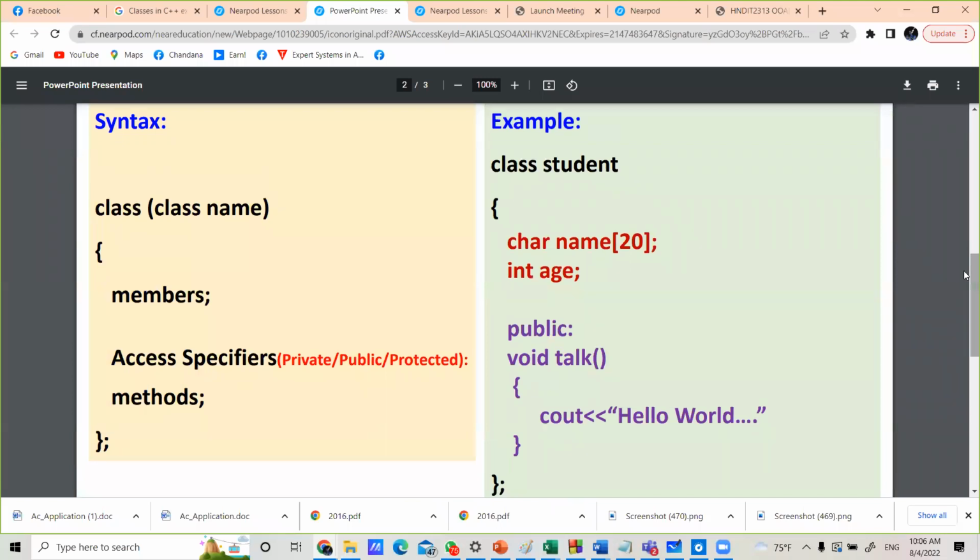Here look at the syntax. Class name, instead of angle brackets here I am giving the rounded bracket. No problem here. That's okay. Then open curly bracket. Then members need